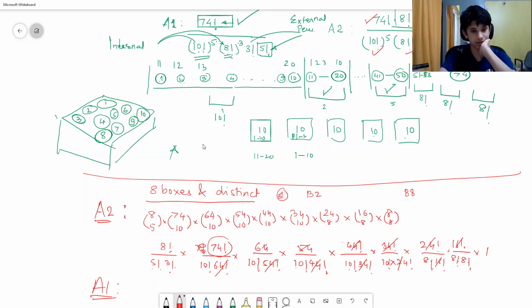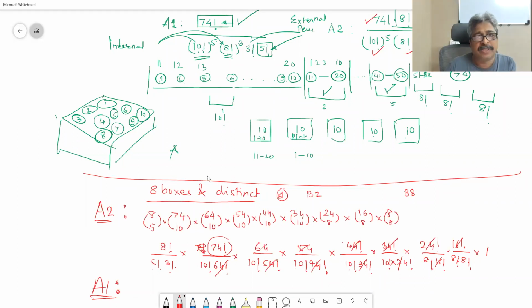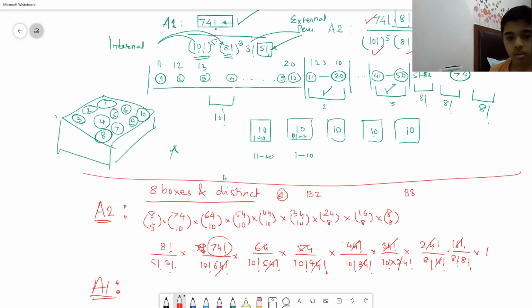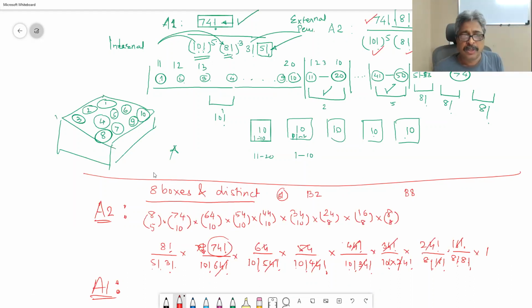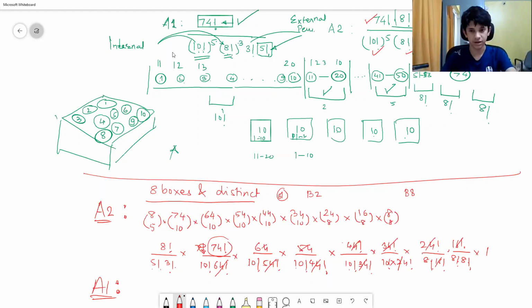Sir, is there any combination method for the first part? No, no combinatorial method. These are distribution problems. They are not identities. Combinatorial proof is normally for identities. These are numerical problems. They are actual real life problems of distribution. So like this one, for the second problem you gave a